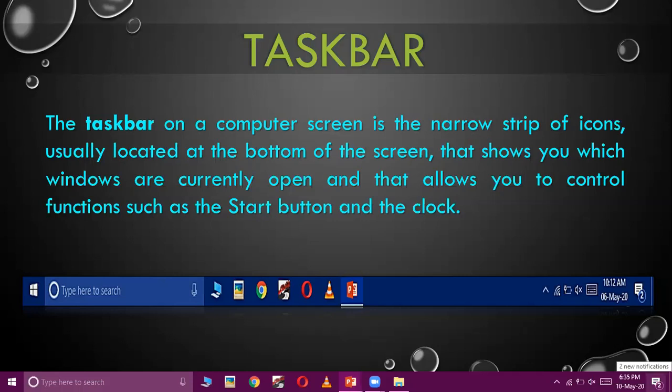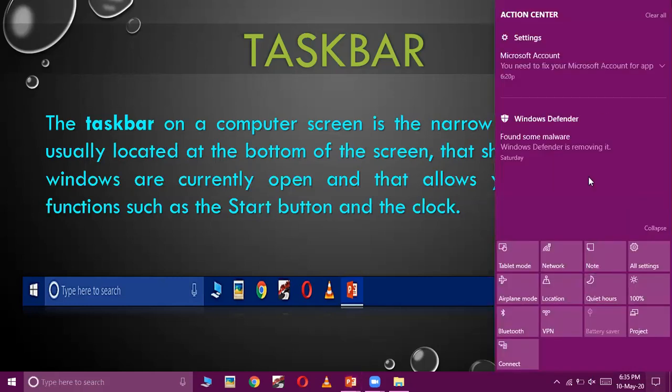When you click on the notification bar, it will open a notification area on the right side of your screen, which will display some notifications related to your computer. As you get notification icons on your smartphone, in the same way you can use the notification icon in your Windows 10 operating system also.